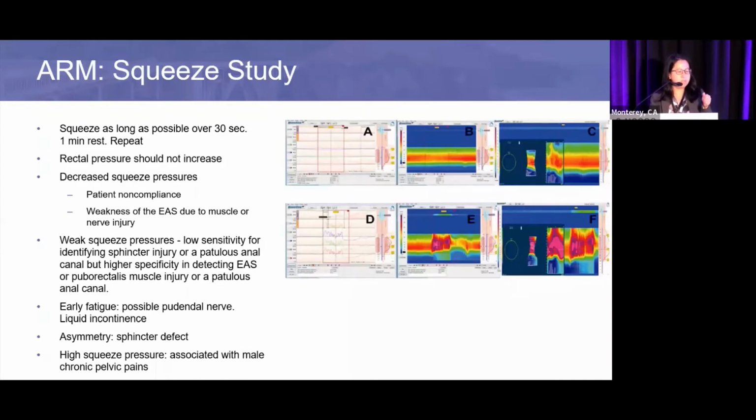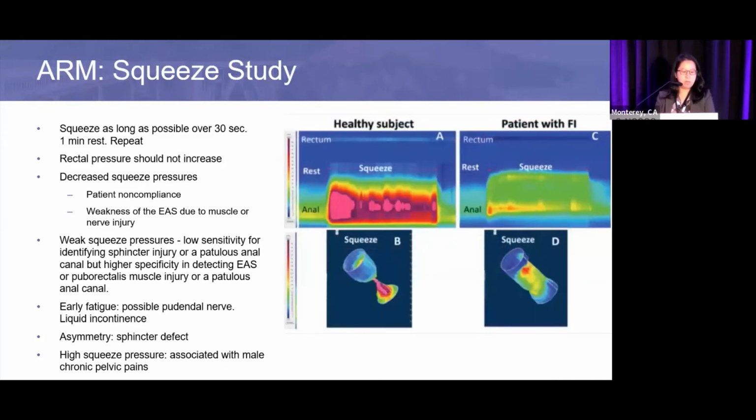The weak squeeze pressure is very low sensitivity for identifying sphincter injury or a patulous anal canal, but does have high specificity in detecting external anal sphincter or puborectal muscle injury. You can see early fatigue, so if they cannot hold the squeeze pressure for a certain duration, that may be suggesting a possible pudendal nerve issue, and patient may present more with liquid incontinence. If there's asymmetry due to surgery or defect, then you will also see that,